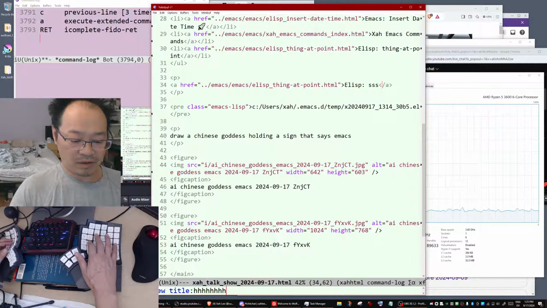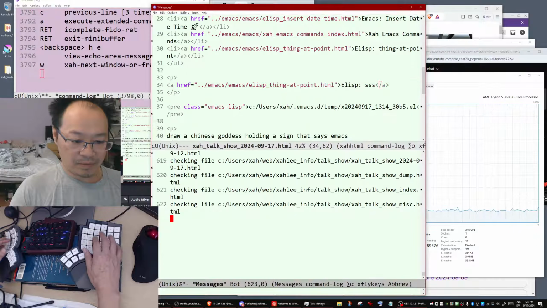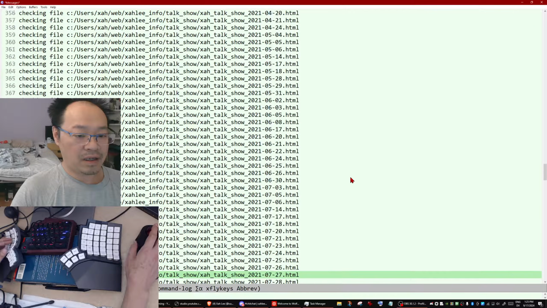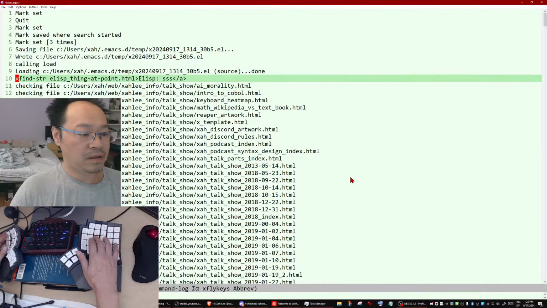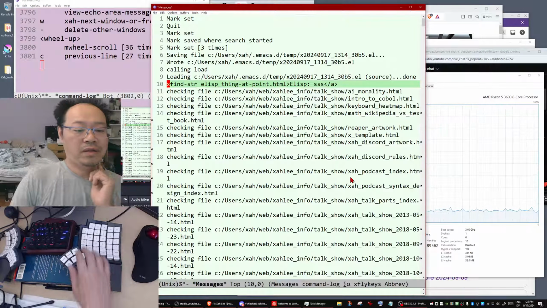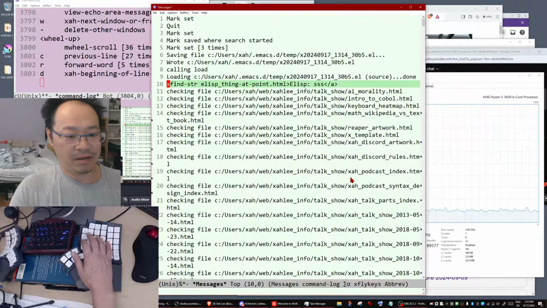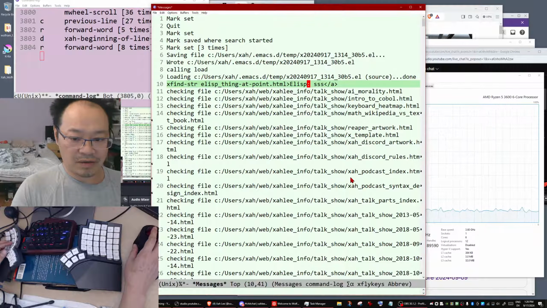New title, HHH, okay? Now go to the message buffer. Now where does it say the link string? There it is. Find string equals to that. Okay, so the find string is correct. Yes, the find string is correct.